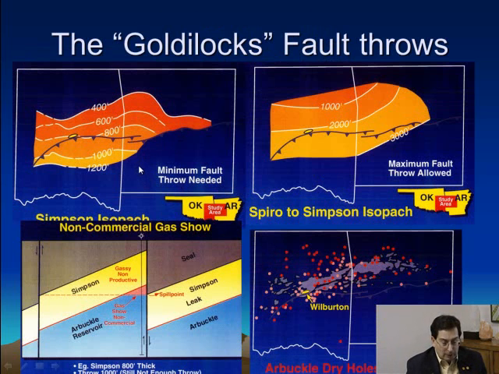In some basins, like the Arkoma, you need to have enough throw to overcome the leaky Simpson, but not too much throw in order to juxtapose spiral sandstone as a potential leak to the system. And so when we look at Wilburton, we can see that there are many dry holes shown in red drilled before Wilburton and many drilled after Wilburton. And I would say, as an explorer, by definition an optimist, that I believe there will be other Wilburtons found, but I can tell you that it will be important to use fault trap analysis in order to find them.